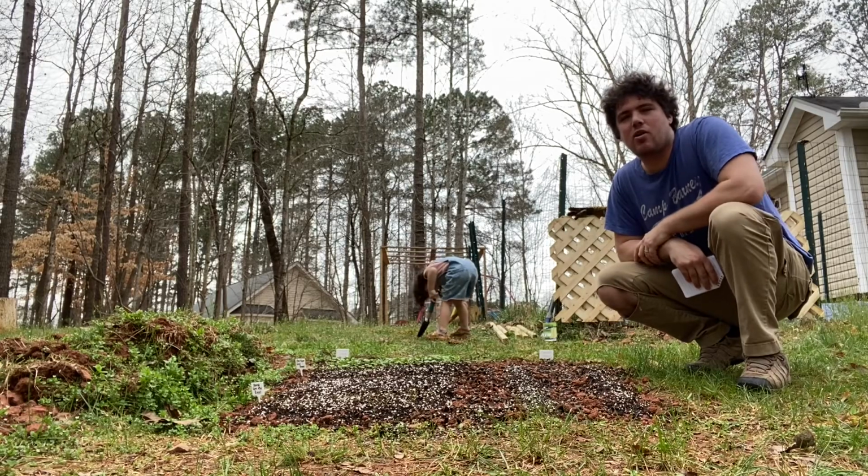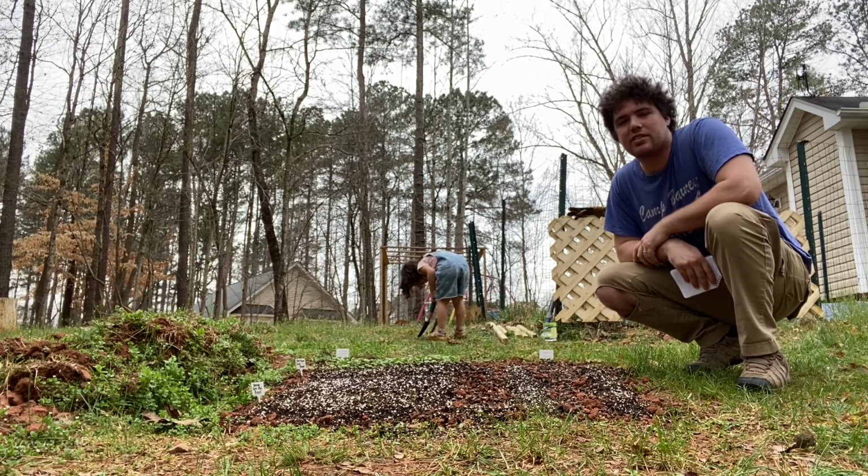Today we're going to be talking about no-harm deterrent methods when it comes to gardening, something that's often overlooked in